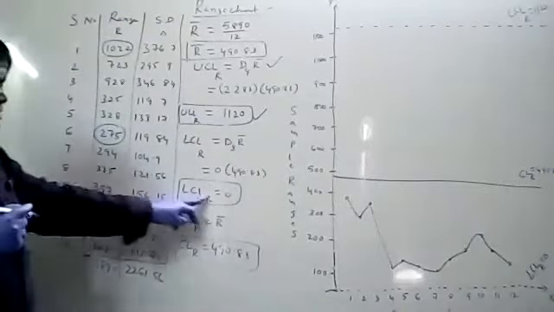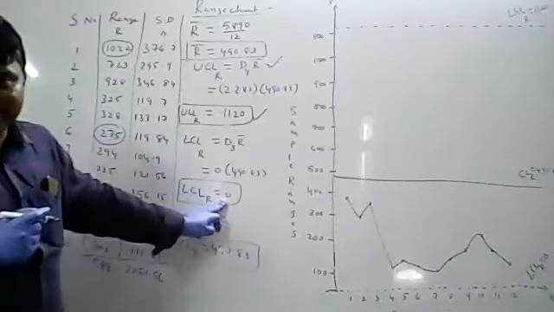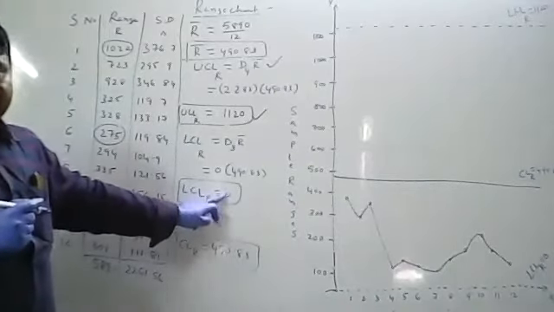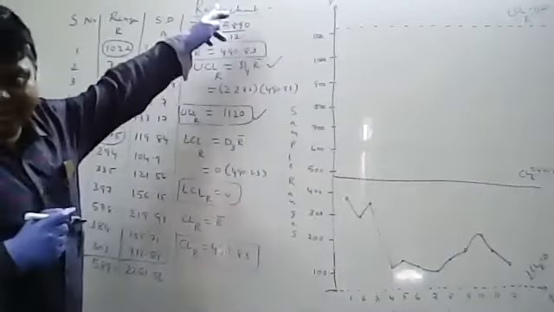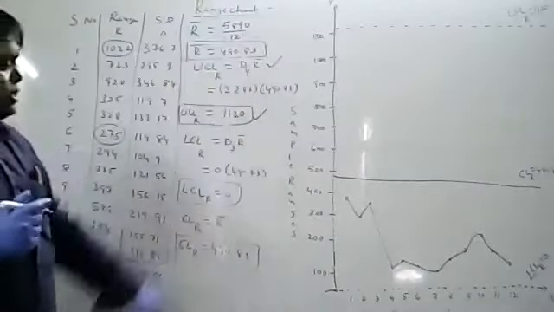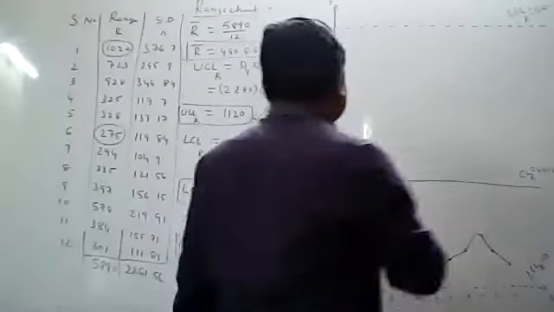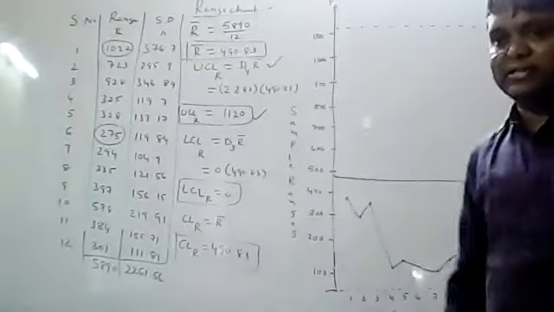And the least value, 275, will be compared with the LCL. What is the LCL value you got? The LCL value you got is 0. So the scale should be 0 to 1100 or 1200, whichever way. So I have to construct a control chart. This is the control chart I have considered. Give me a minute, I will show that control chart to you so that it will be clear.